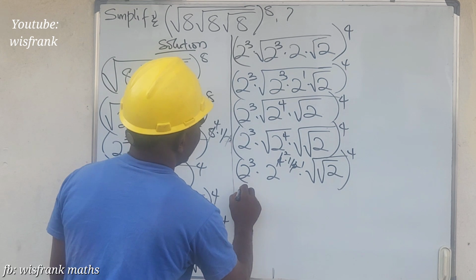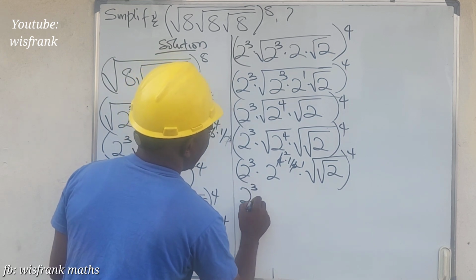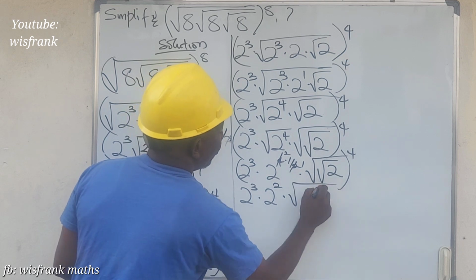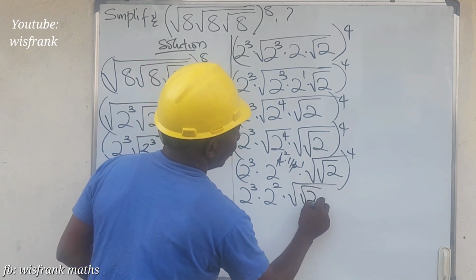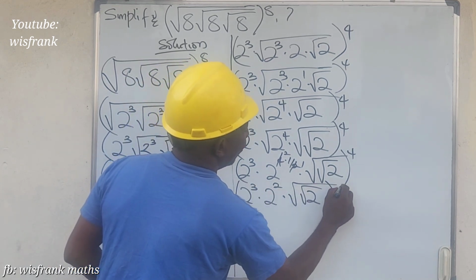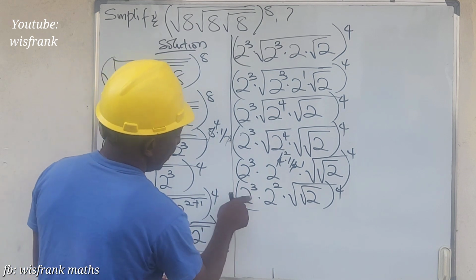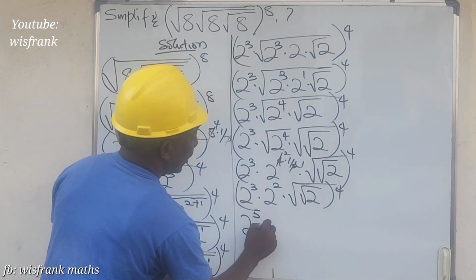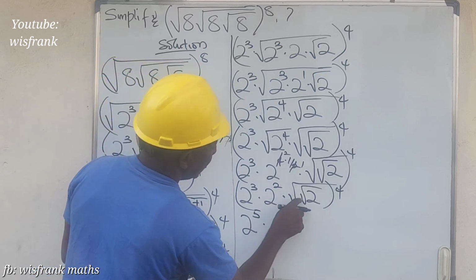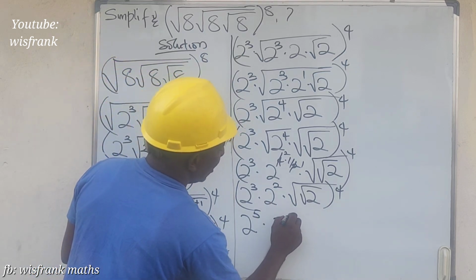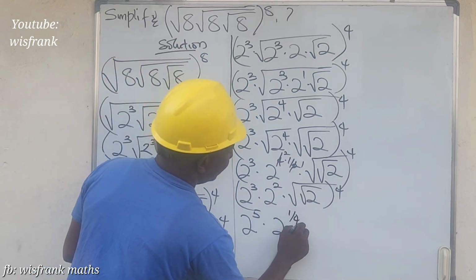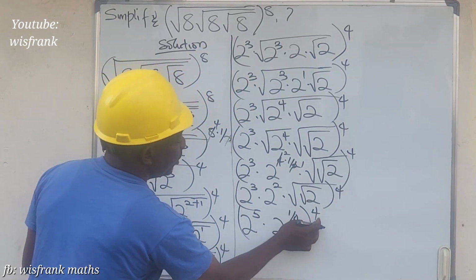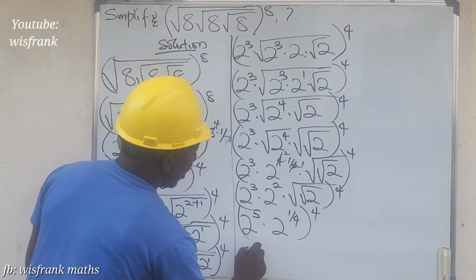So we are now left with 2 to the power of 3 times 2 to the power of 2 times square root of 2, all to the power of 4. So from here, 2 to the power of 3 times 2 to the power of 2 is the same thing as 2 to the power of 5, times 2 to the power of 1 over 4, all to the power of 4. So from this parenthesis, if we want to separate each of them, we have 2 to